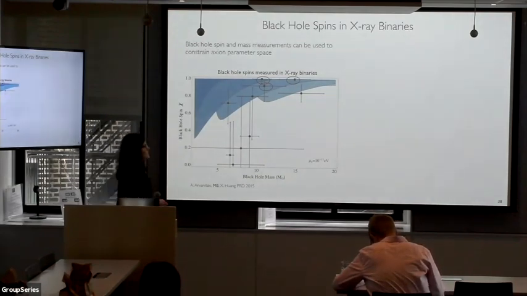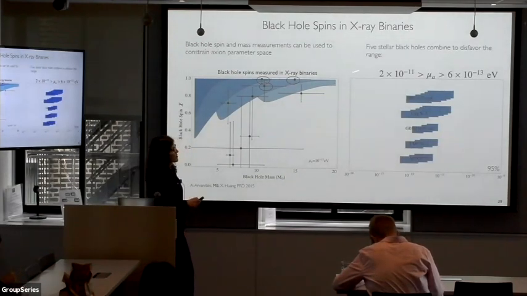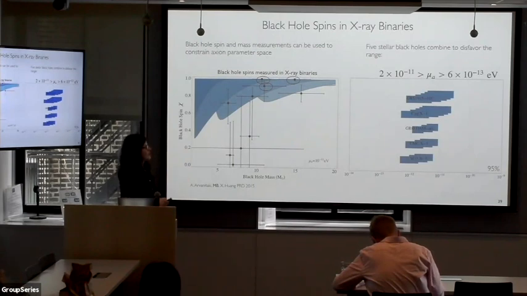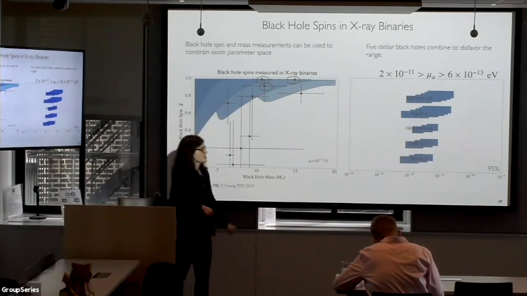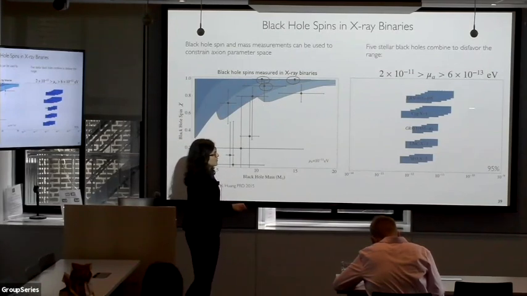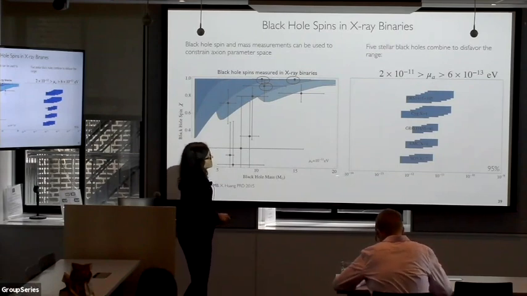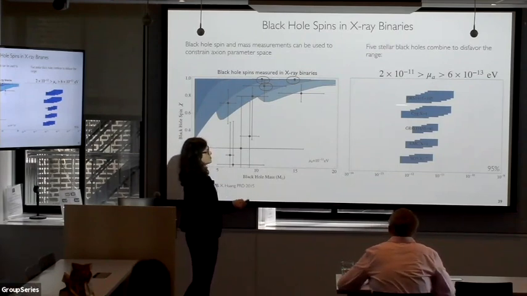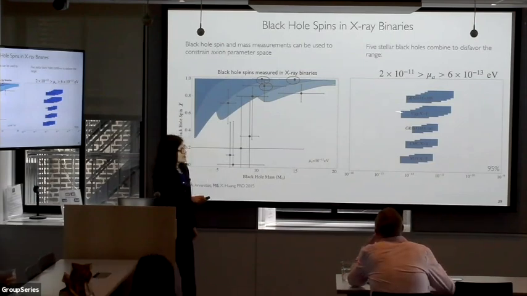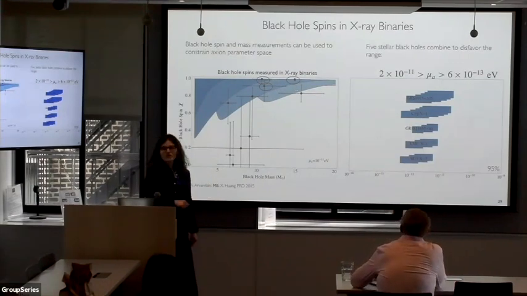And I've used these measurements to exclude parts of the axion parameter space based on the fact that if superradiance were happening, if this particle existed, then all of these black holes would be expected to spin down to the bottoms of these curves well within the age of the black hole. So each of the black holes sets an exclusion region shown in blue on a range of particle masses. This is the axion mass here shown in eV. And the combination excludes about a factor of 30 in axion mass. The different regions just show you how different angular momentum levels contribute to the exclusion.